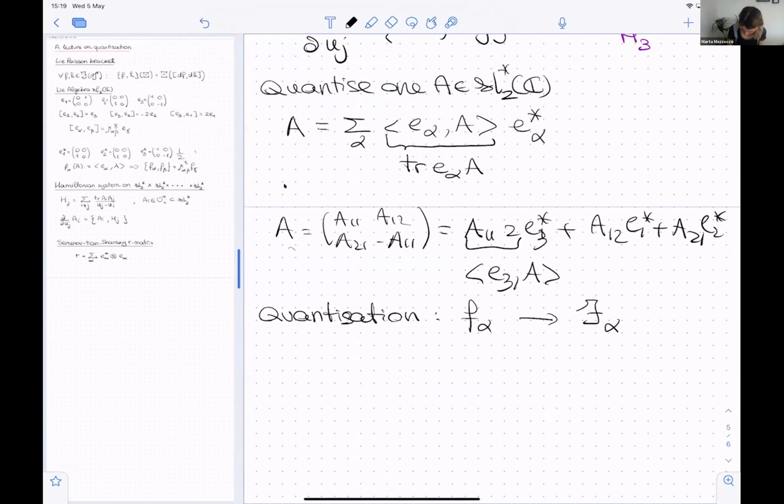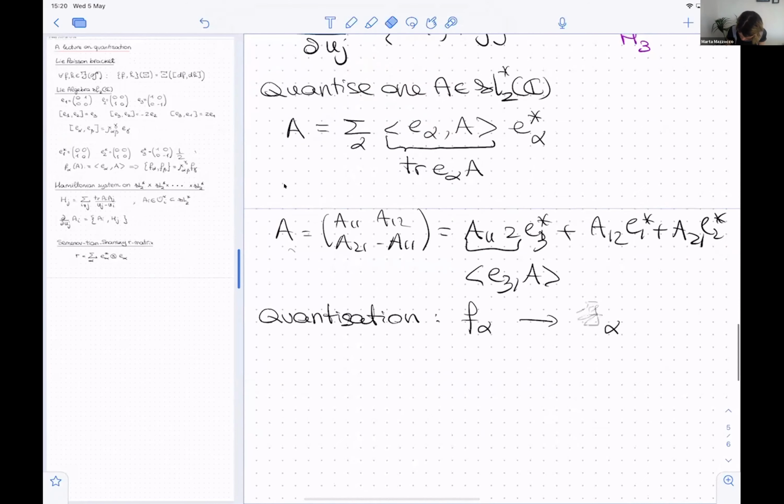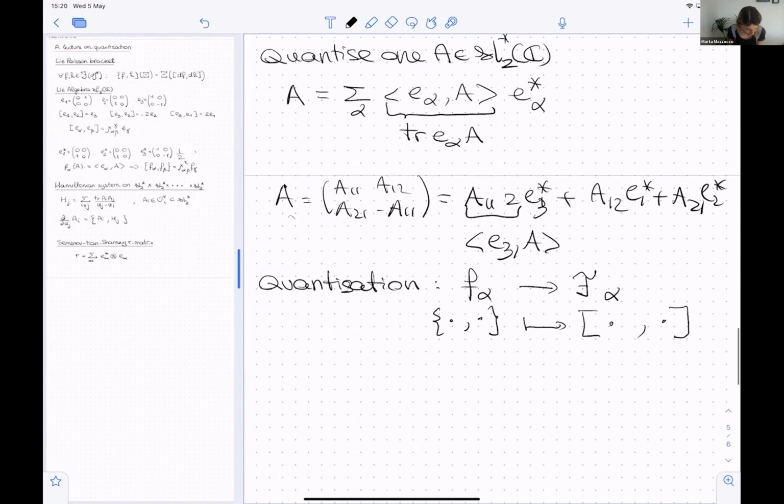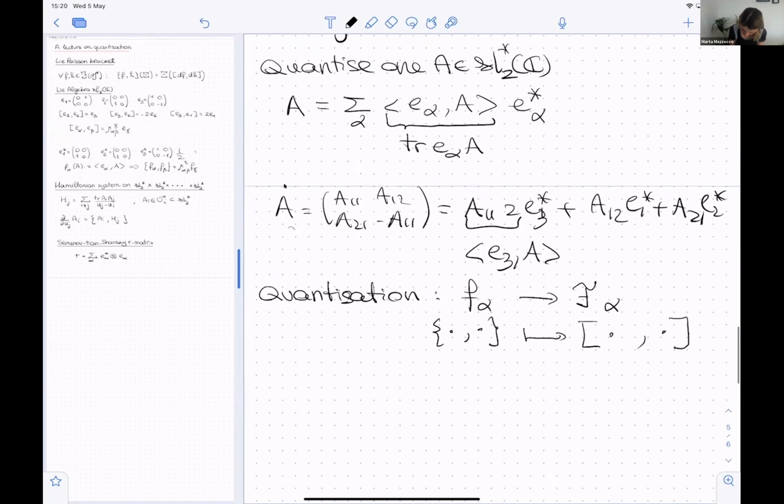Let's actually, this was the space of functions, not very good F. Let me use a different F. Okay, and the idea is that we still want to do some sort of deformation quantization, so the Poisson bracket between two functions will go to some commutator between two operators. So what we do, we use precisely this idea, and what this corresponds to is that we are thinking about